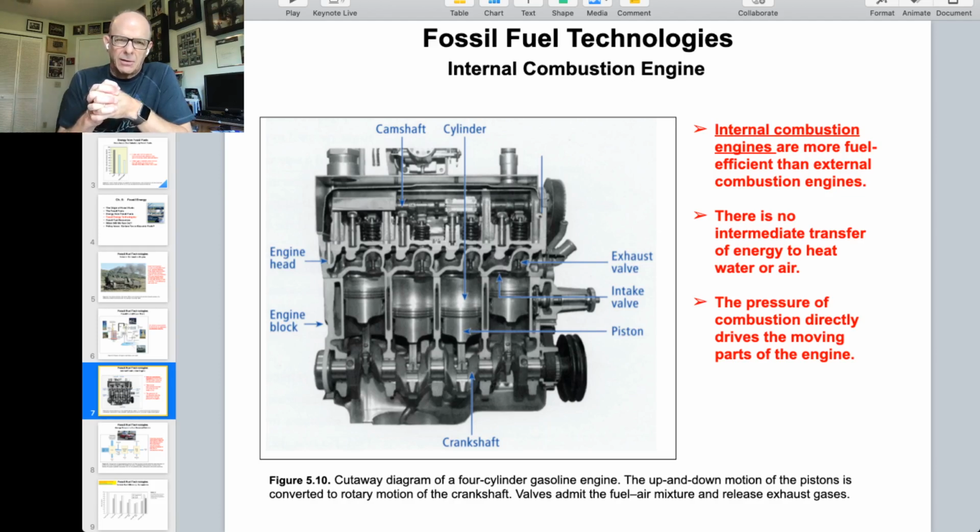And that hot expanding gases drives a piston. And we're actually doing, unlike in a steam locomotive, the combustion inside the piston chamber, and the gases then directly push the piston up and down, which is connected to a crankshaft, which is ultimately connected to the